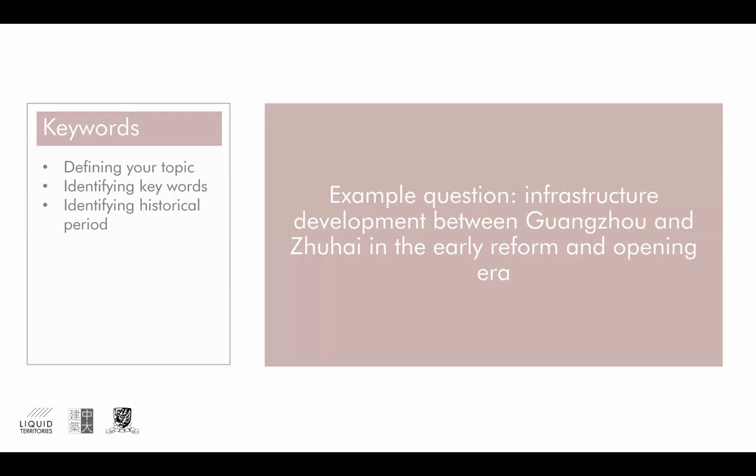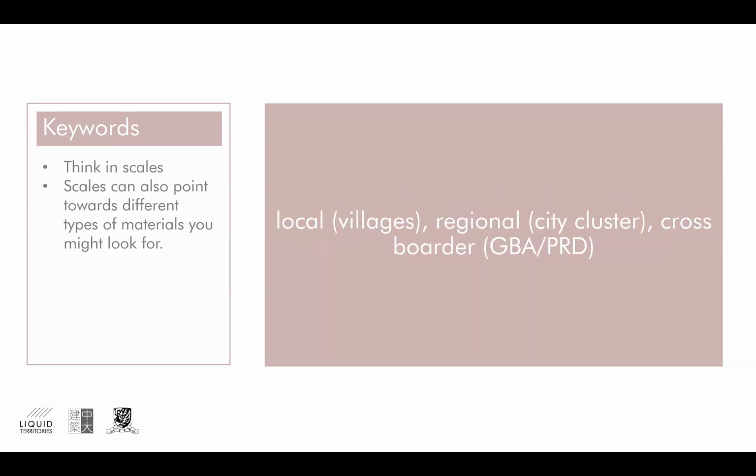In addition to defining your key topic with keywords, these are some of the other things you can consider, which is to think in scales. Here I have three scales I have listed: local, regional, and cross-border. So local means things like villages or towns. For example, the land use changes in rural township in Zhongshan. Regional, such as city clusters, like the industrial integration between Dongguan, Shenzhen, and Guangzhou, or cross-border